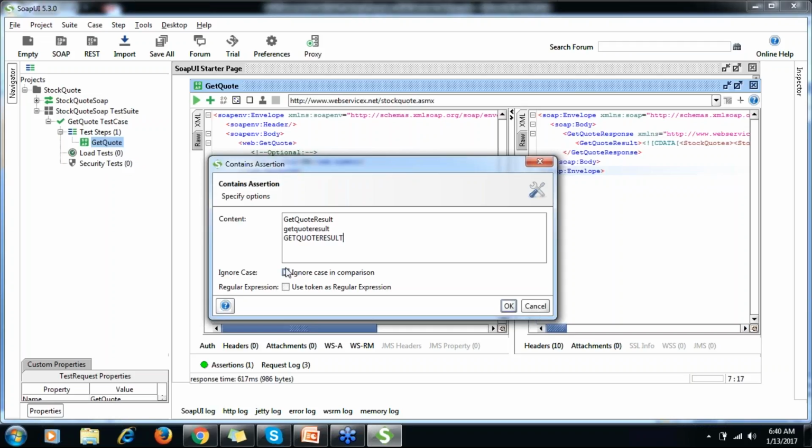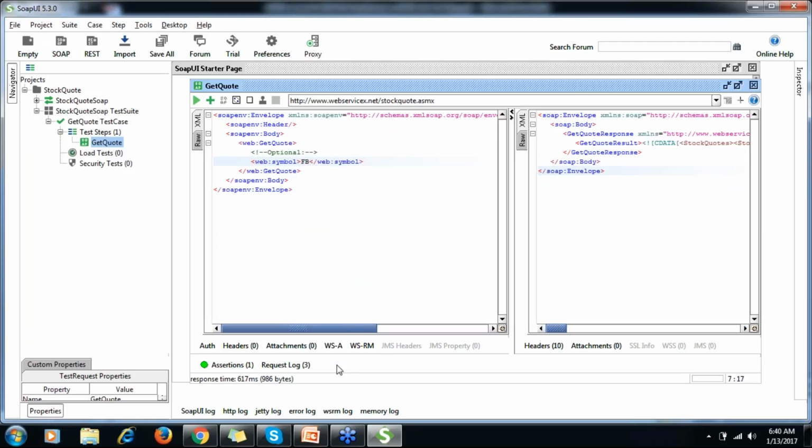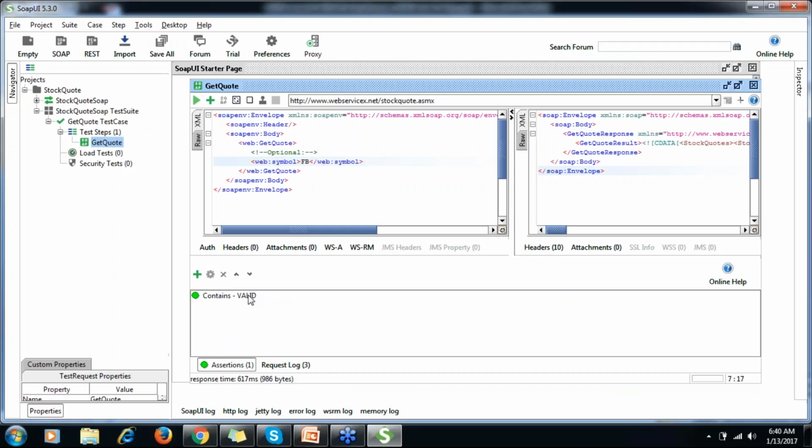So if I check ignore case, it doesn't care whether your tag name or node name is in small or in capital. So I want to verify this get quote result node is there in my response. And if I click OK, you see that it is showing green. So what does that mean? It is valid, it means in our response it is there.